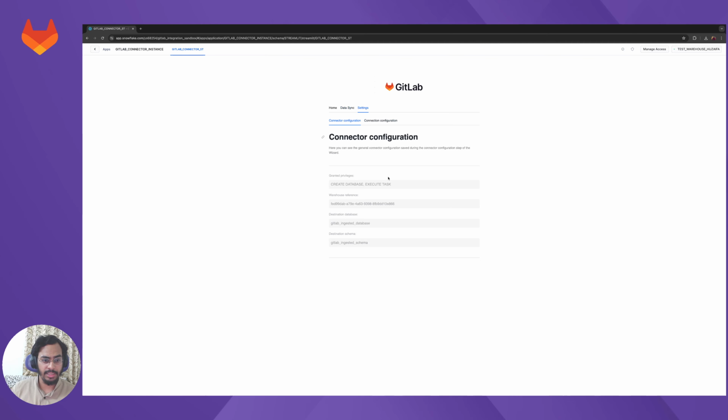In the settings, we can see the connector and the connection configurations that we had. We have set the database as these, and in the connection configuration, we can see the domain name, the GitLab domain, the external access integration, and the secret where the personal access token resides.